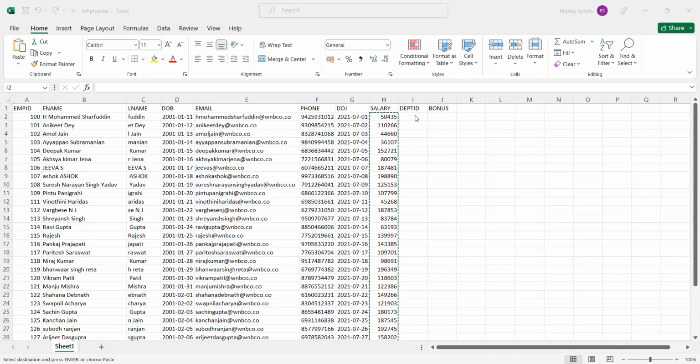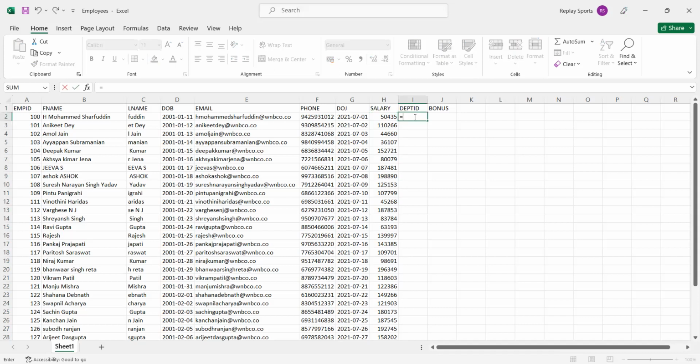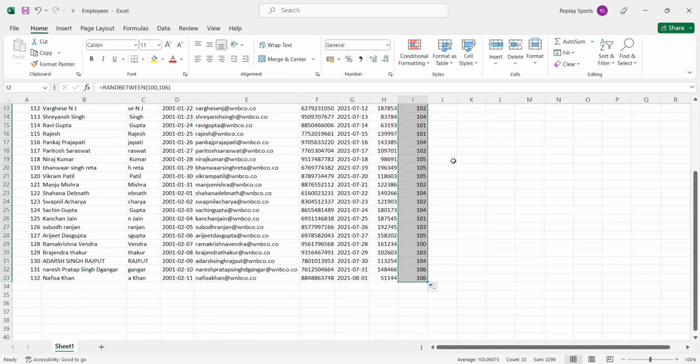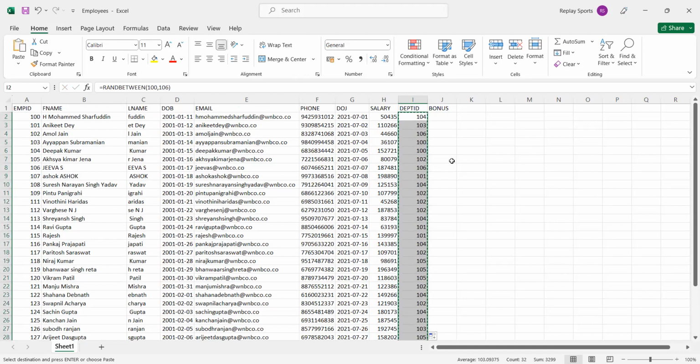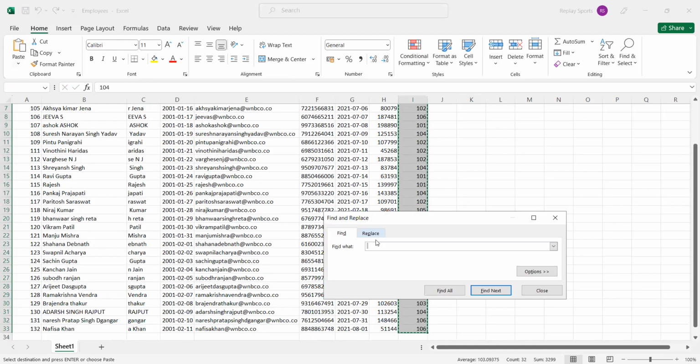So let's do one thing. First, let's perform random between 100 and 106, and then 2 and 4, which we have not added actually in the department, we will rename it. So let's use random between 100 and 106. Right now let's again Control C and paste as values. Now we don't have 102, so we'll replace 102 with